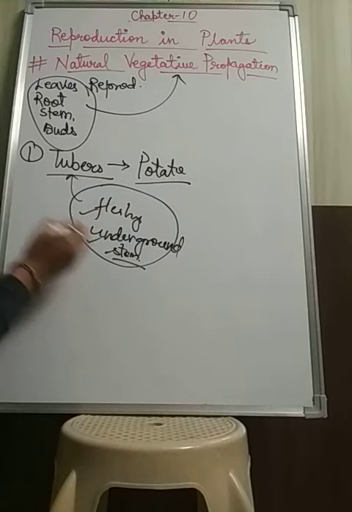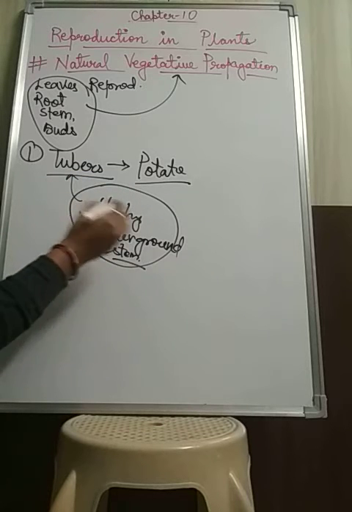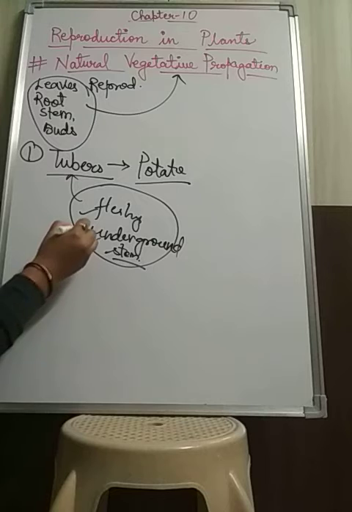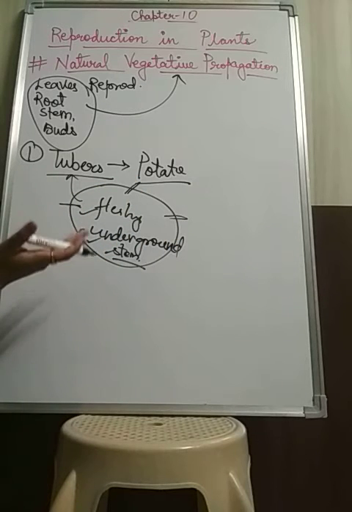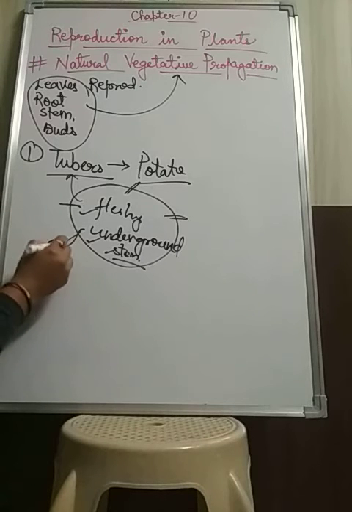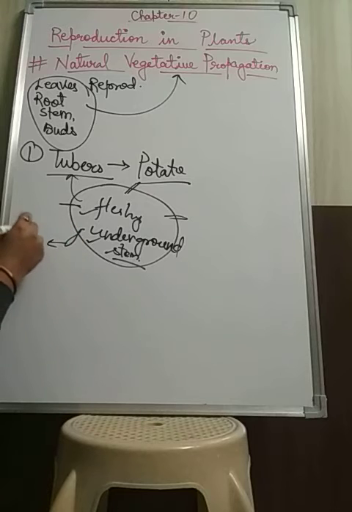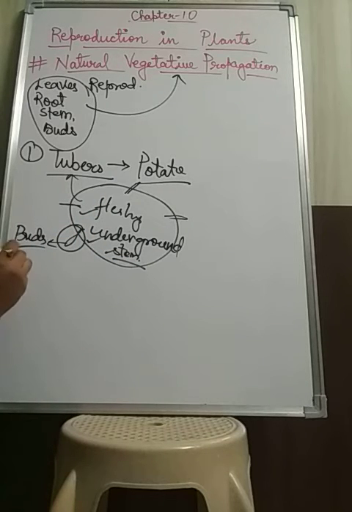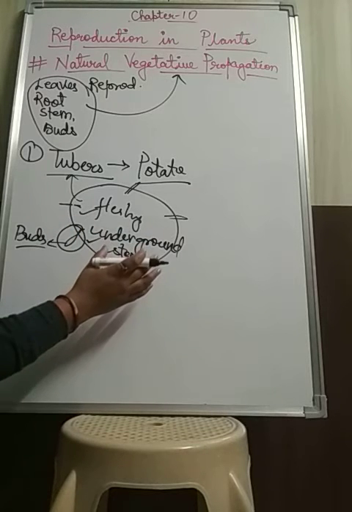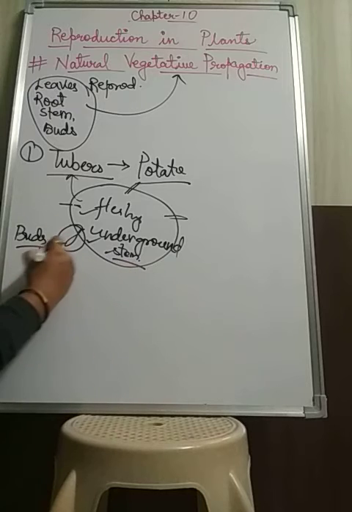Now this potato has some eyes or buds like structure. You might have seen a white or pale yellow part which starts to arise from the potato when the potato turns old. That eye or projection is known as a bud. Buds are the eyes which develop on these tubers, and these buds are responsible for giving rise to the whole new plant. A complete potato plant will be developed from these buds.